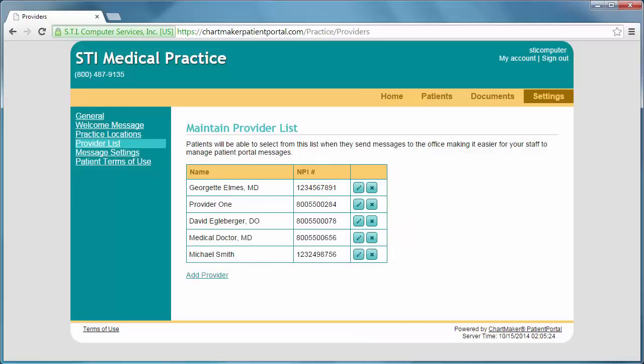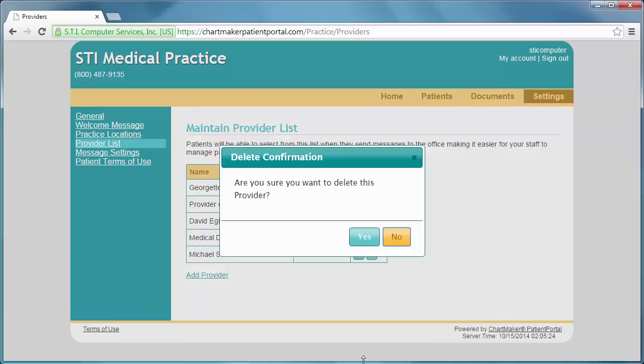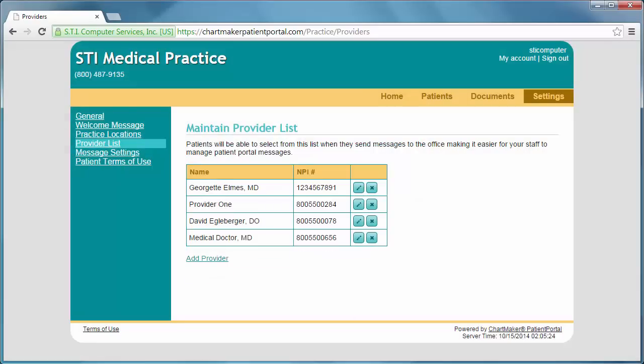To modify the name or NPI for an existing provider, click the pencil icon. To delete a provider from the list, click the X icon, and yes to confirm. In order to modify the instructional text that is displayed when patients are on the message dialog, click Message Settings